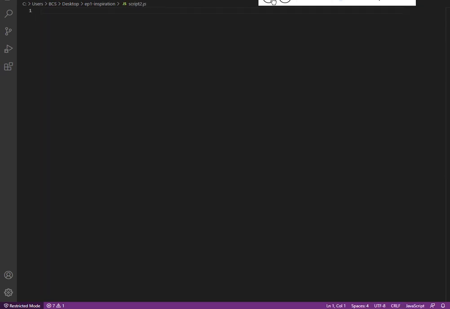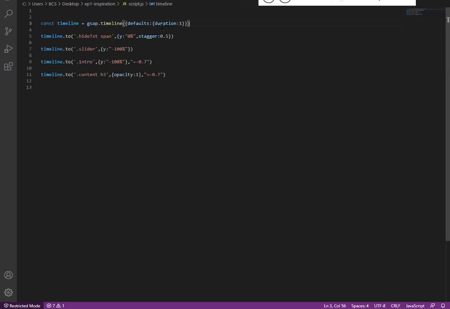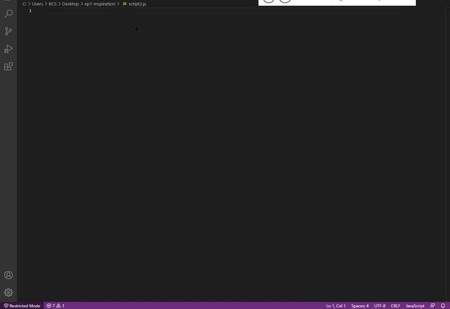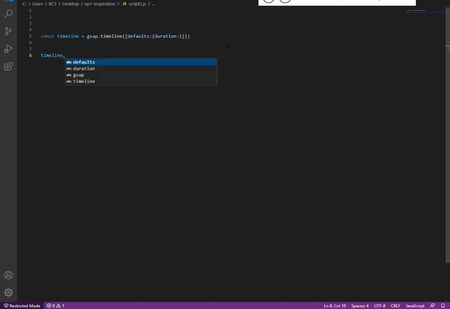For the script tag, we need to declare the GSAP. To declare the GSAP, which we have already seen in the previous video, episode 2, we have declared a constant called timeline, and for all the elements the duration is default, which is 1 second. Now with the help of this variable, we can call the element as the first parameter, and the second parameter is going to be the object, where we can do some stuff. The first thing we need is, we want the slider div to go